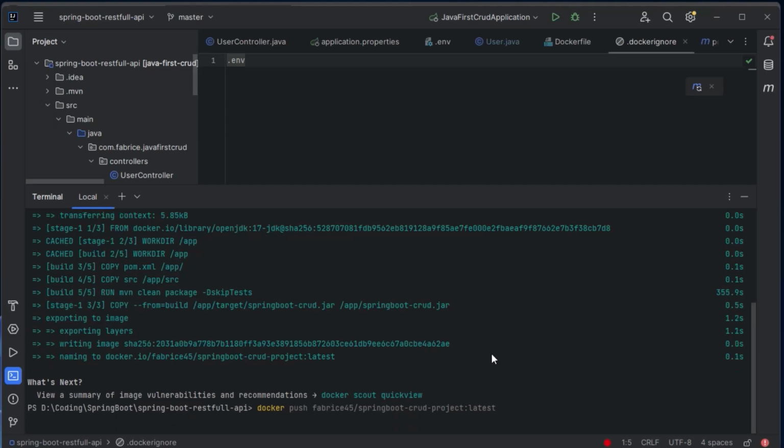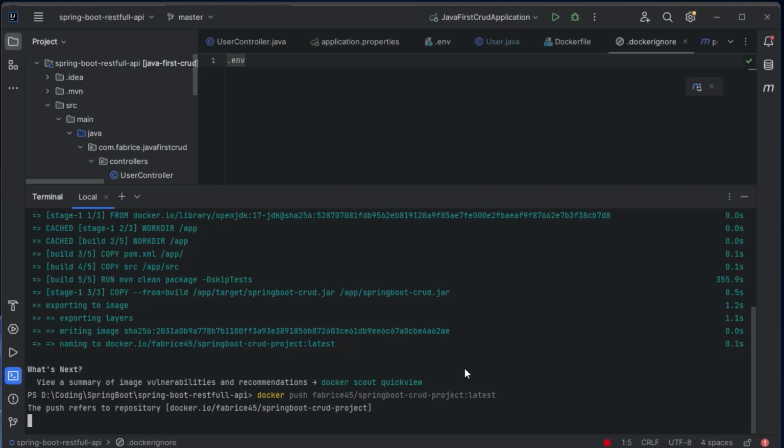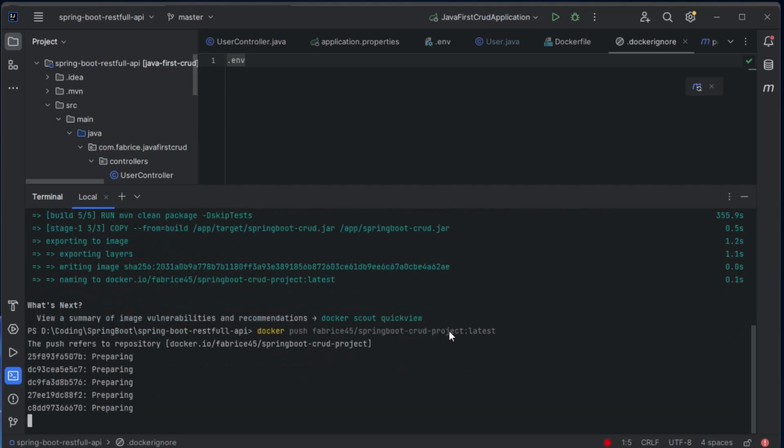If you are not logged into your Docker Hub account, the terminal will prompt you to log in. But because I have already logged into Docker Desktop, it didn't ask me to log in again. So let's wait for the process to finish, and I'll be back once it is done.